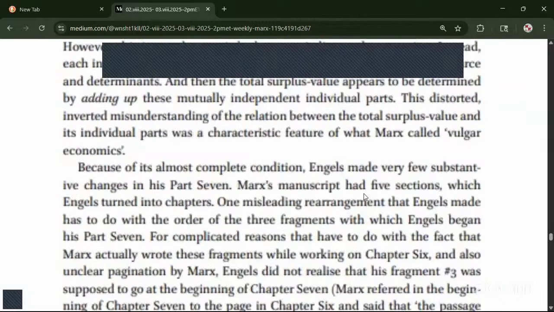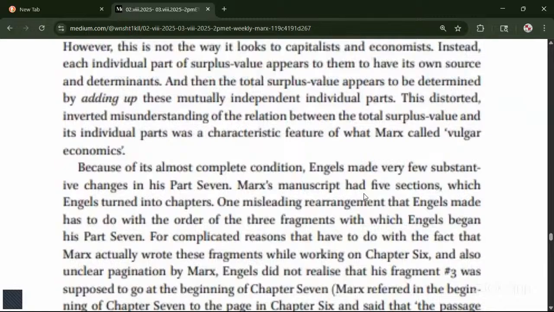Because of its almost complete condition, Engels made very few substantive changes in his Part 7. Marx's manuscript had 5 sections, which Engels turned into chapters. One misleading rearrangement that Engels made has to do with the order of the 3 fragments with which Engels began